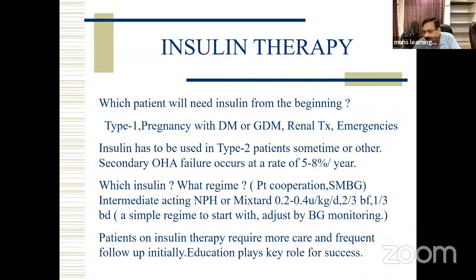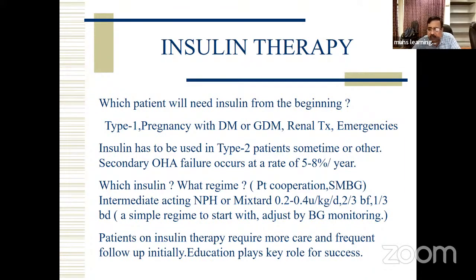Insulin is most physiological and it has the least complication, provided it is used in safe hands, for the needy patients. So who are they? Type 1 diabetes, yes. Pregnancy with diabetes or GDM, where initially insulin was the call of the day. Now metformin has come up in a bigger way. Renal transplant, particularly people on prednisolone, and emergency situations, diabetic ketoacidosis or any other emergency like sepsis, the insulin